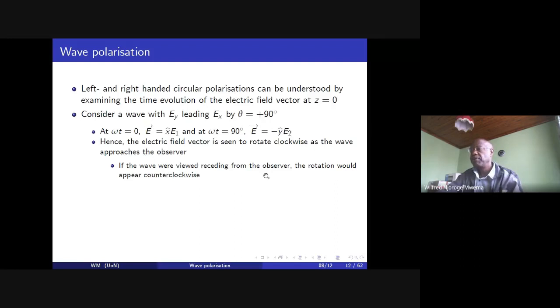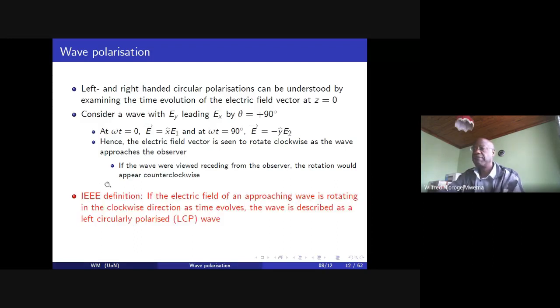If the wave were viewed receding from the observer, however, the rotation would appear to be counterclockwise, and therefore the IEEE definition is the following, that if the electric field of an approaching wave is rotating in the clockwise direction, as time evolves, the wave will be described as being left circularly